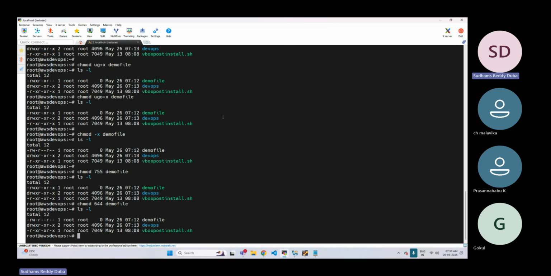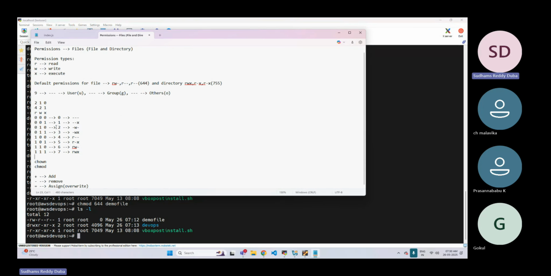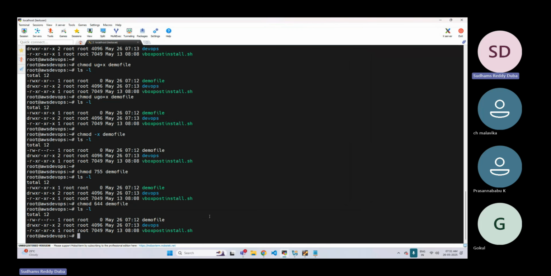But to understand this particular numeric, first you have to know the concept of converting it. That's the reason why I have given you this particular table, so that you will understand how to convert that. Initially, you have to calculate it. That will take some time, but once you get habituated to this approach, it will be pretty easy for you.